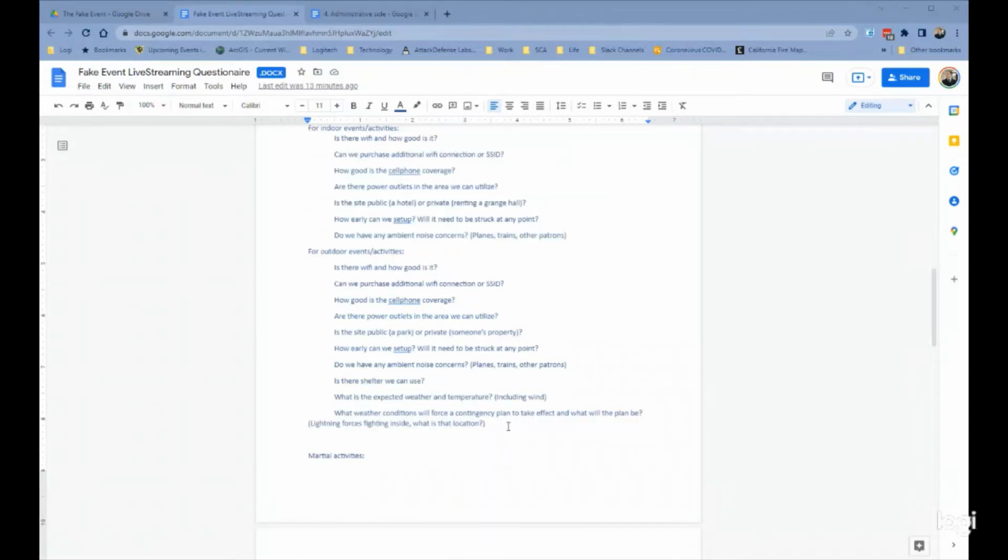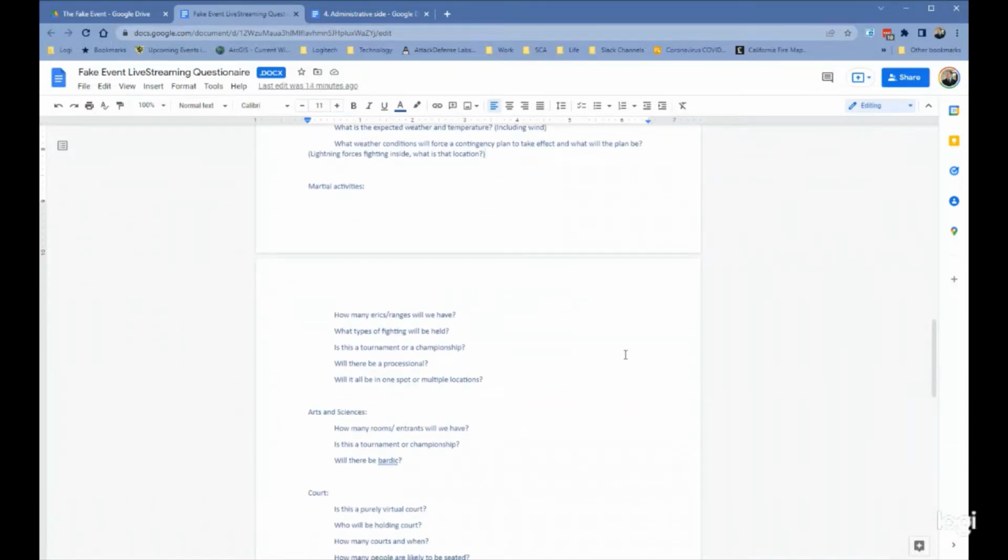Most events, especially large events, do have a contingency plan. Especially noble or royalty ones, so like crowns and coronets, will have a plan in place of, if we start getting lightning storms, how do we deal with this? How do we keep fighting and choose our successors? Is there a location we can get to? We want to be aware of that contingency plan so we can shift as well.